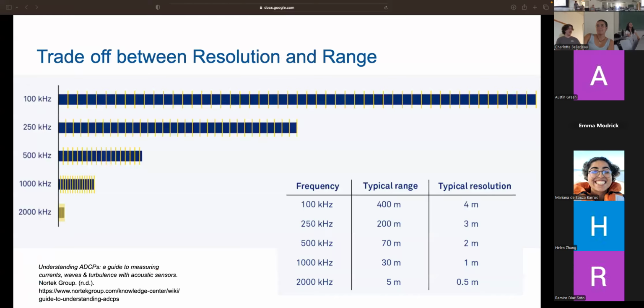Cool. Okay, so the other bit is, depending on the actual frequency of the sound that you're putting into the water, that will really affect your range and also the spatial resolution of your bin. An important note with ADCPs is that you can't just get a continuous measurement of velocities all along the axis. We have to do some amount of averaging over a spatial period, which is basically tied to